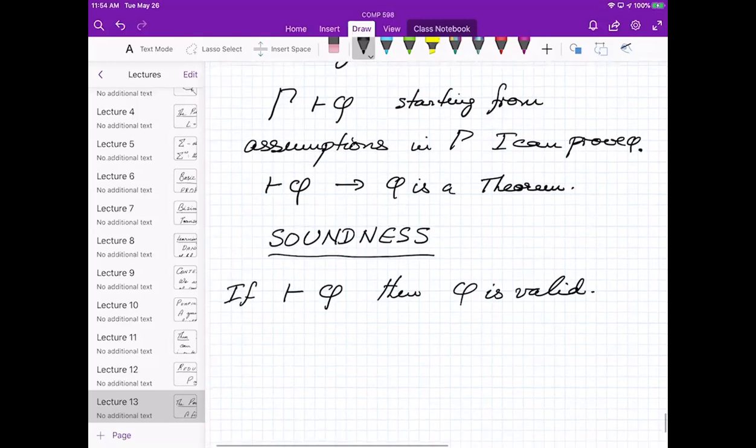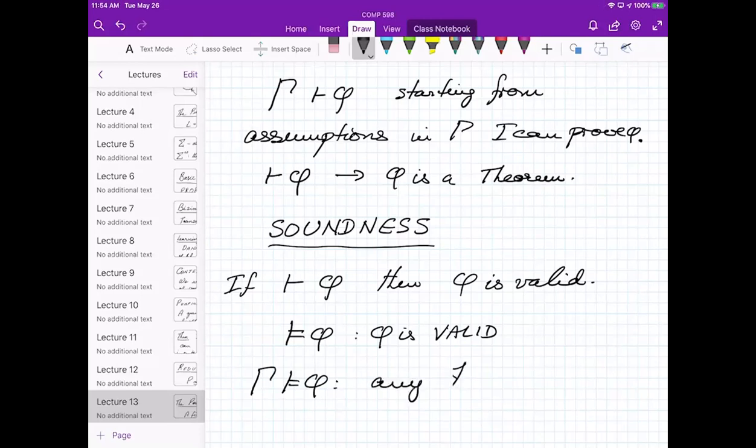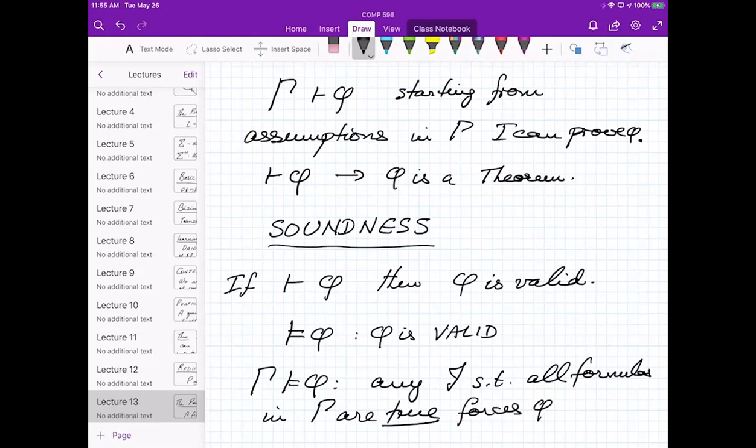So let me make a stronger notion. So we'll write it like this. Phi is valid. Okay. This means true in any interpretation. And this notation means any interpretation such that all formulas in gamma are true. Now I can talk about truth. Forces phi to be true as well.